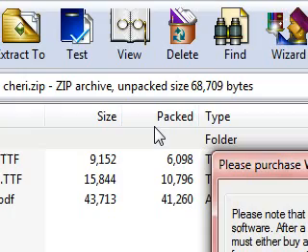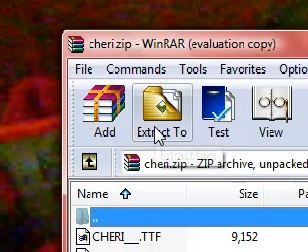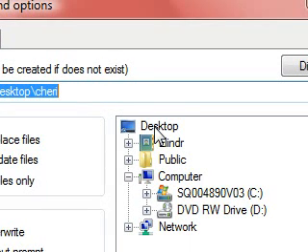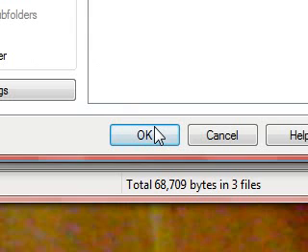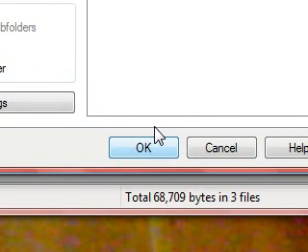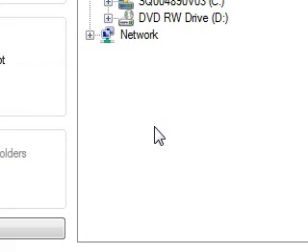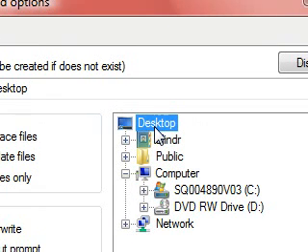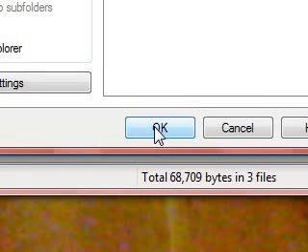So let's extract the file first. Click extract to and select desktop and click OK. Before anything else, you can also extract the files to a different destination, but for now I prefer desktop, so let's proceed.